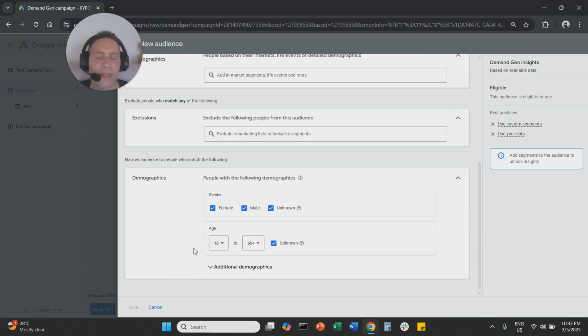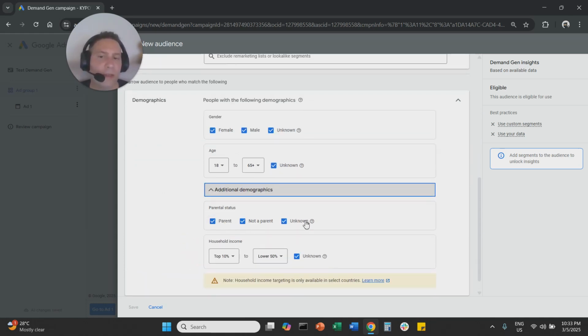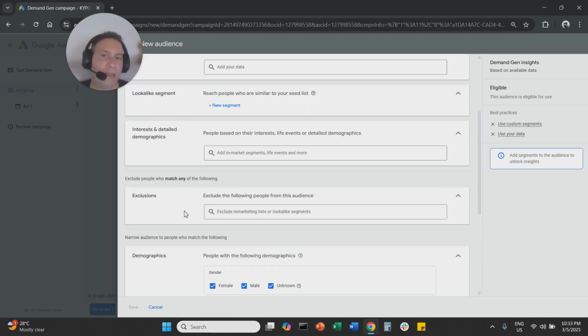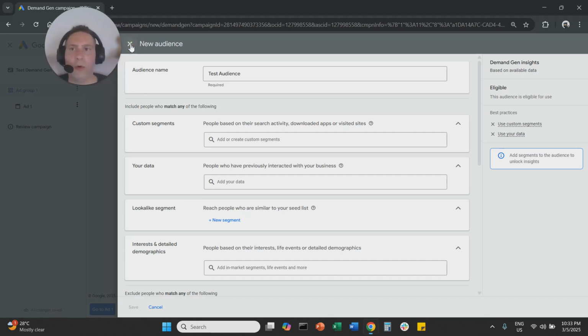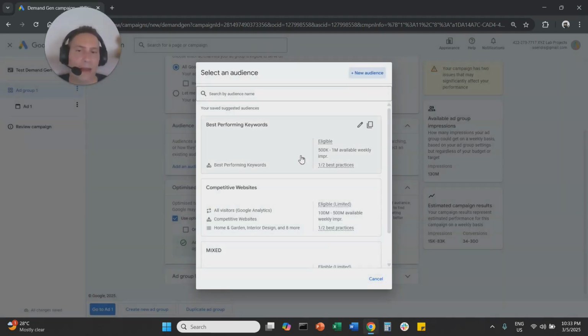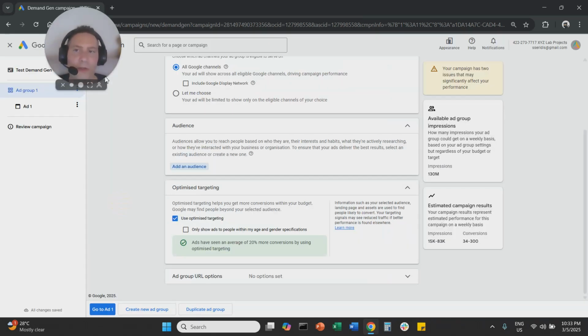And the last option is here, demographics. So you can choose between male, female, always keep unknown enabled. You can actually customize your age group. You can choose parental status here, or household income. Household income is not very accurate in most countries. It probably works best in the UK, USA, and so forth. So that's a wealth of, I would say, options that you have to input and to create an audience